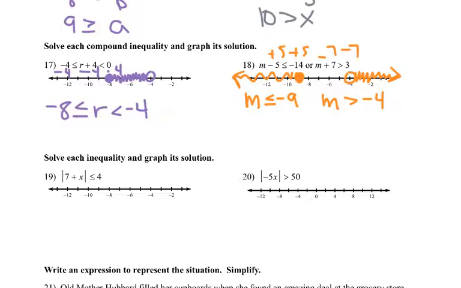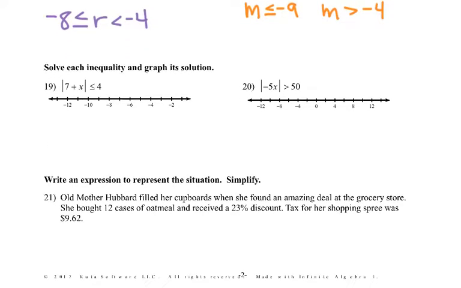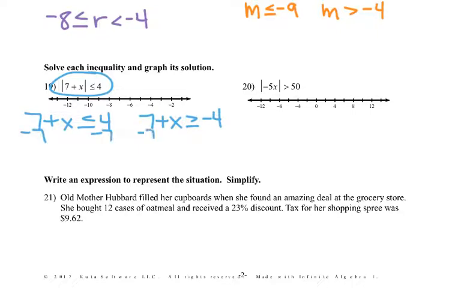So instead, this time, I have a middle section that isn't part of the answer. Either side is, or I have one that is in the middle. For absolute value, what you do is you take the inequality and write it twice. Because absolute values take negative numbers and make them positive, I flip the inequality and make a negative answer, and then I just do both of them. So subtract 7. So x is less than or equal to negative 3, and x is greater than or equal